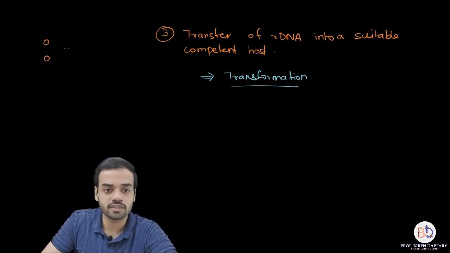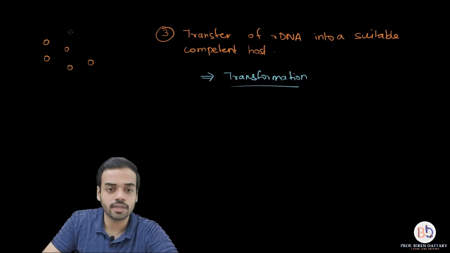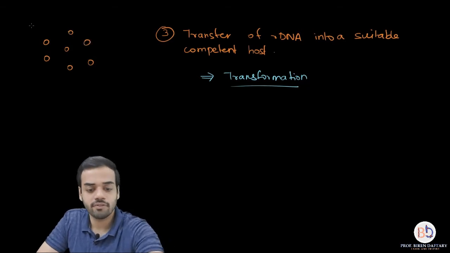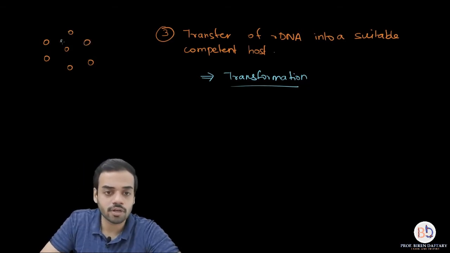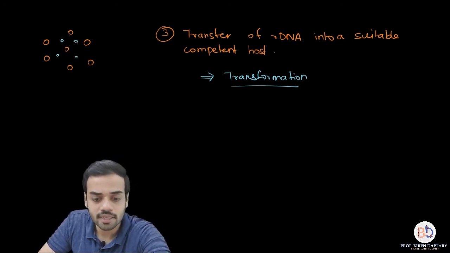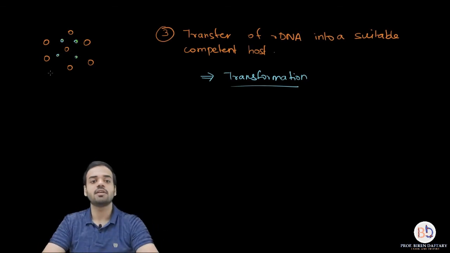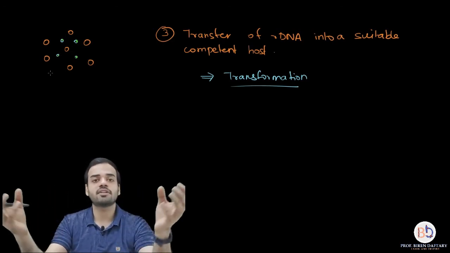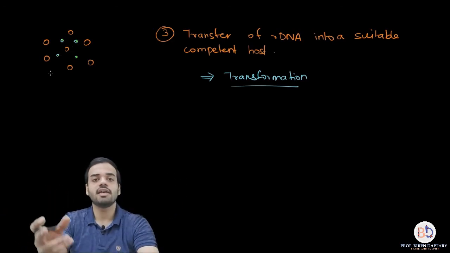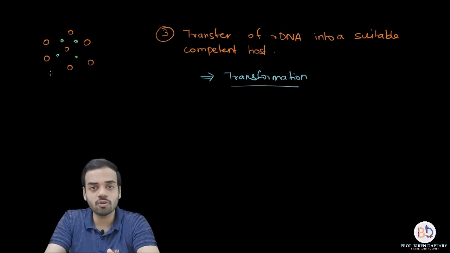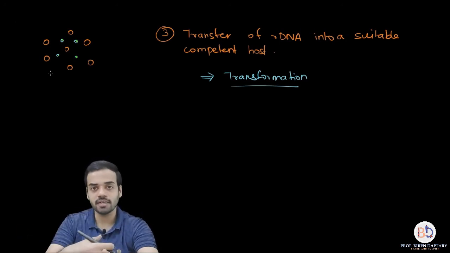If these orange circles are E. coli, okay, then these E. coli will be surrounded by your recombinant DNA. These blue colored ones I am showing as recombinant DNA, and obviously in the recombinant DNA will be the required gene. Obviously these are very small, so you will not be able to see. So each E. coli will be surrounded by recombinant DNA molecules, and some of the E. coli will absorb that recombinant DNA, some of them will not.